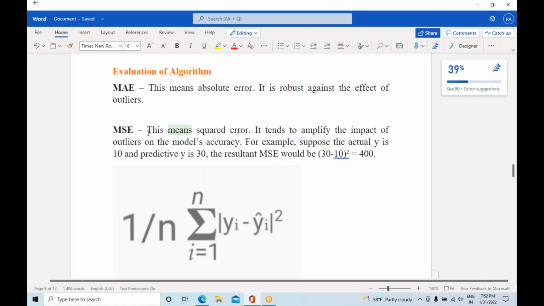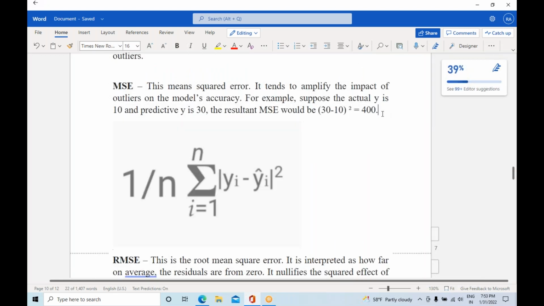So the second one is MSE, in the sense mean square error. It tends to amplify the impact of the outliers on the model accuracy. For example, your actual y value is 10 and the predicted value is 30. The residual value, it should be like 30 minus 10 square, that will be 400. But the same thing, if I go with mean absolute error,